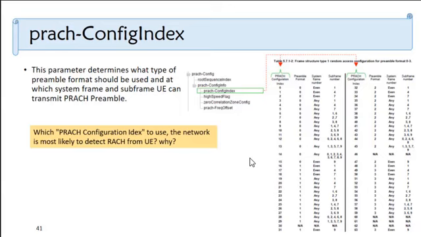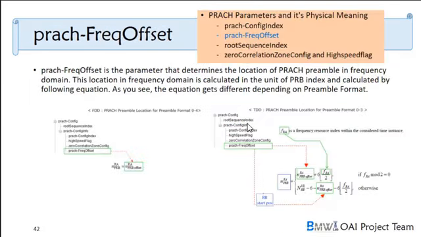The network is most likely to detect the preamble from the UE. We can know this part. The 14 prach-ConfigIndex is the best because the UE can send the preamble in any frame, any subframe, in any SFN, and in any subframe. And the next is the